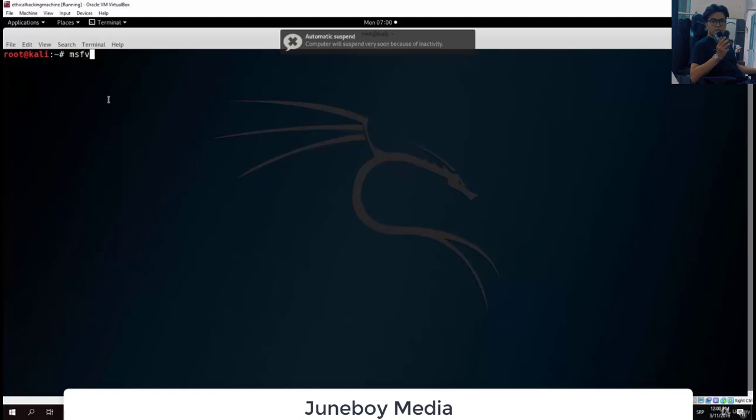So Msfvenom, now the -p option will specify the payload that you will use. So we want to use PHP Meterpreter reverse TCP. Now, in order for you to understand this better, let me open Paint,